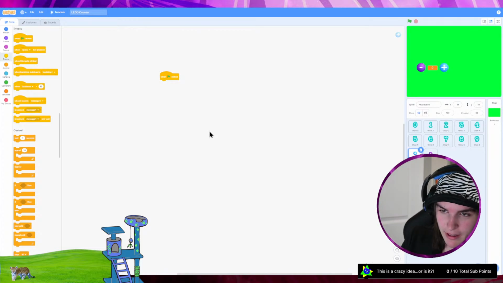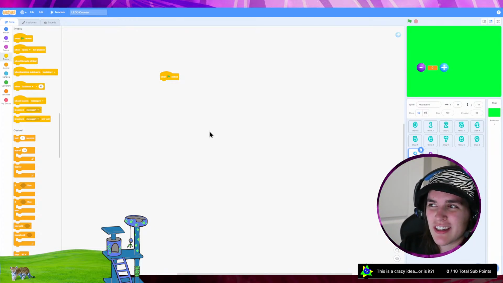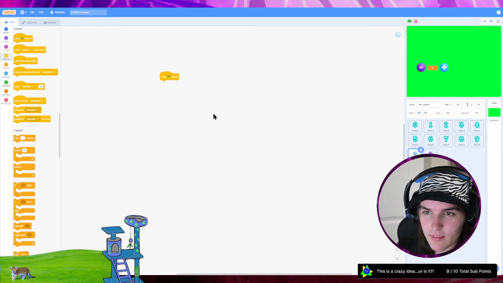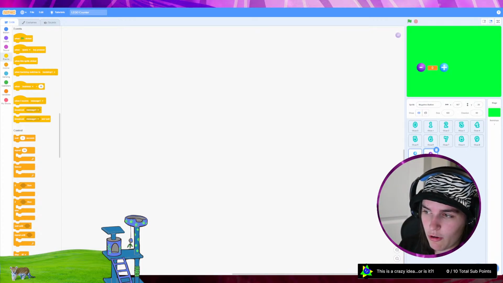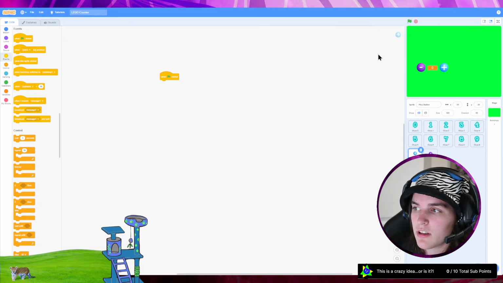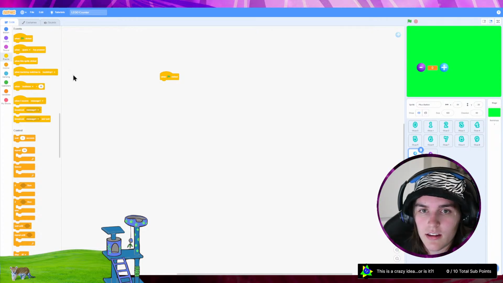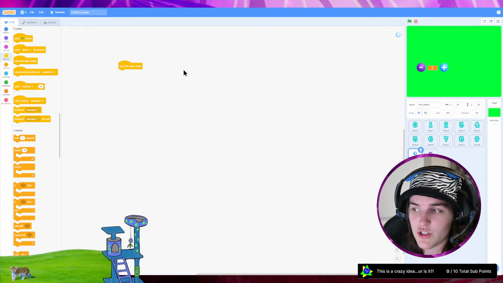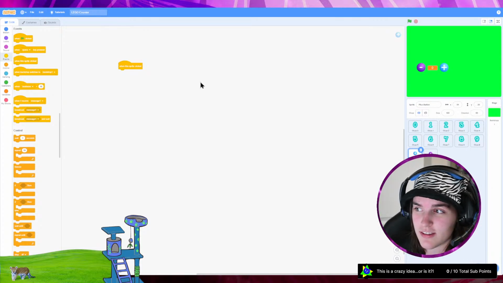If we're doing that comparison, there's not really a, I mean, I guess you could try to mimic a main function, but it's a little bit weird in that regard. I almost feel like every sprite is its own code file. And then when you actually run the game with the green flag, that's the main function. Okay, so when the green flag is clicked, actually, the code is already going to run when the green flag is clicked. So actually, when this sprite is clicked, this is for the plus sign.